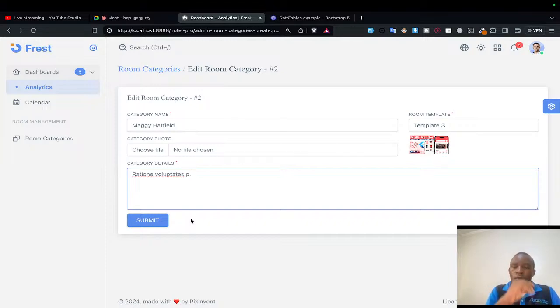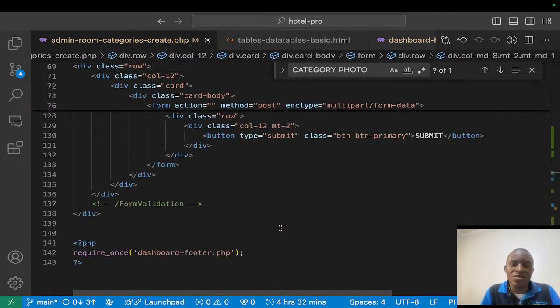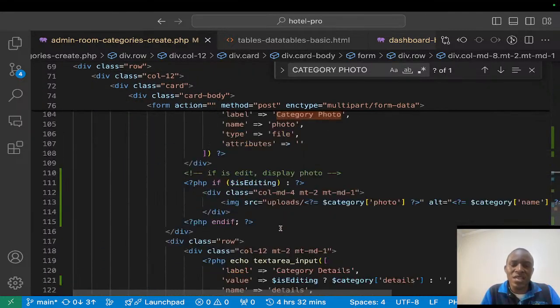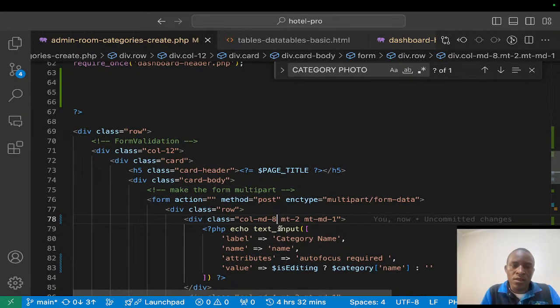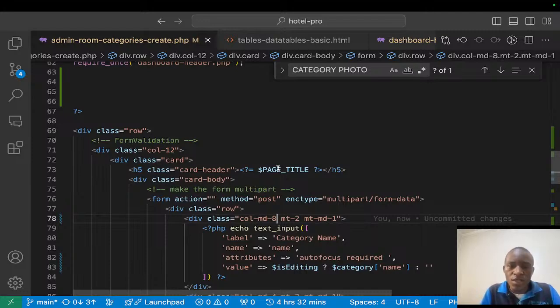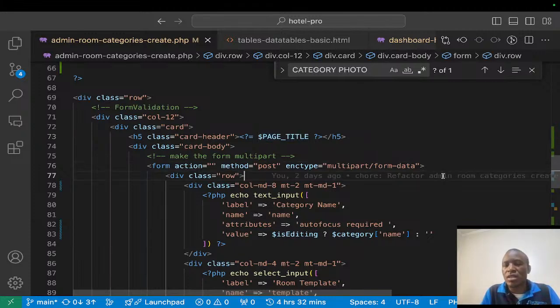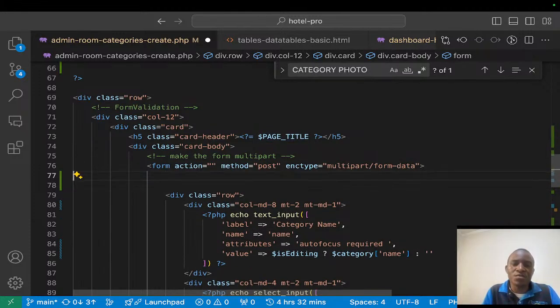Okay? So what we shall do, we shall just create a hidden field and put our ID there. So I'll come to our page title, I'll come to our form. After coming to the form, on top here, check if is editing and hide